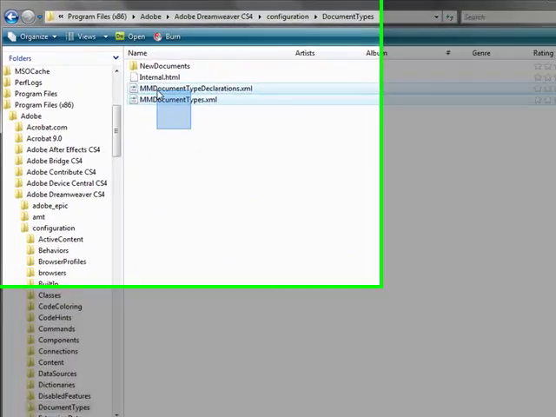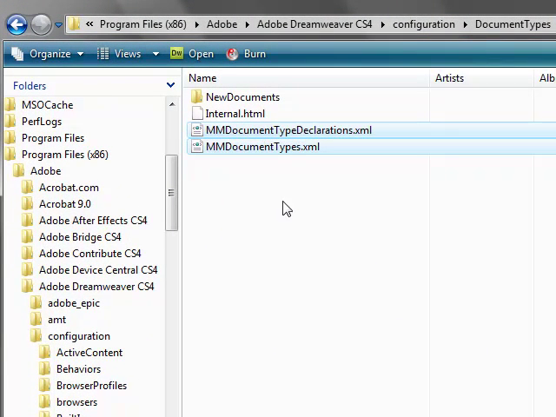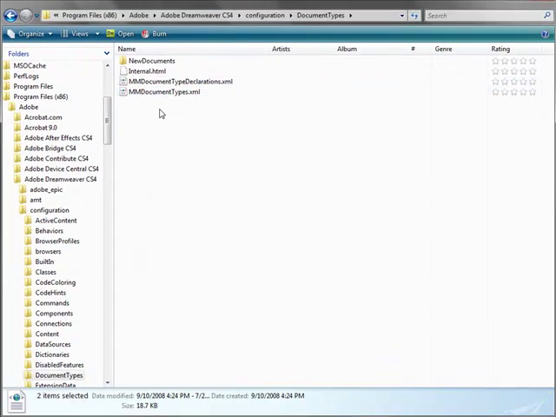I would like to recommend that you back up these files. It's always a good idea that whenever you're changing program files that you make a backup of your files just in case something happens. One of the other things that we need to do if you are in fact